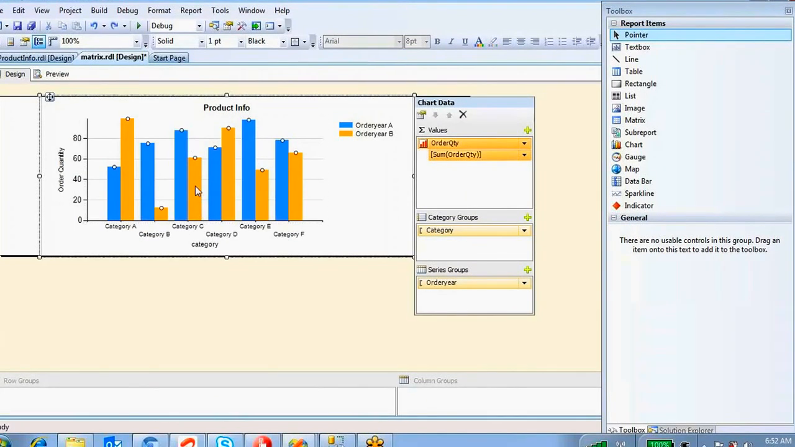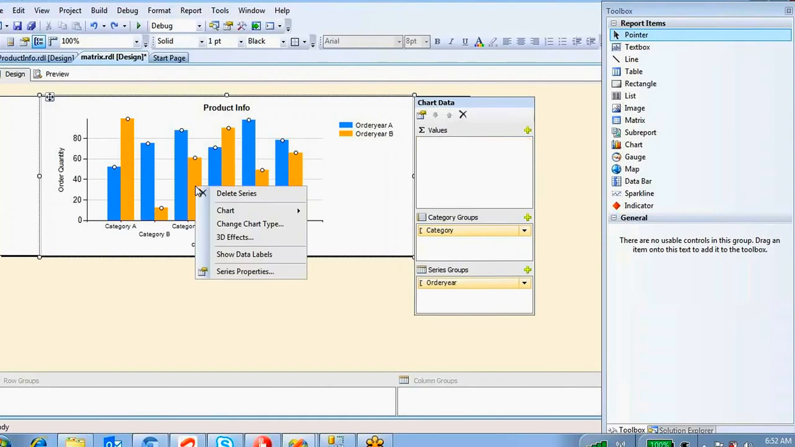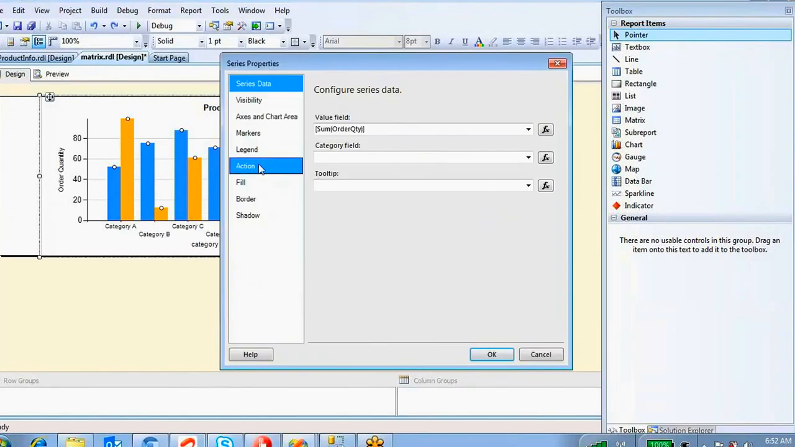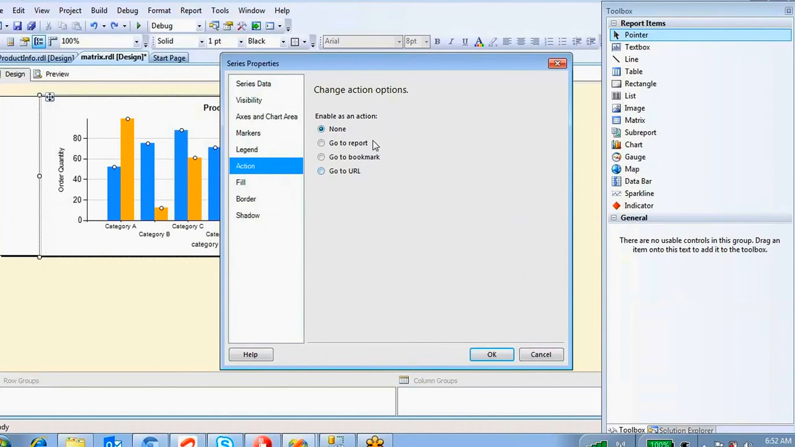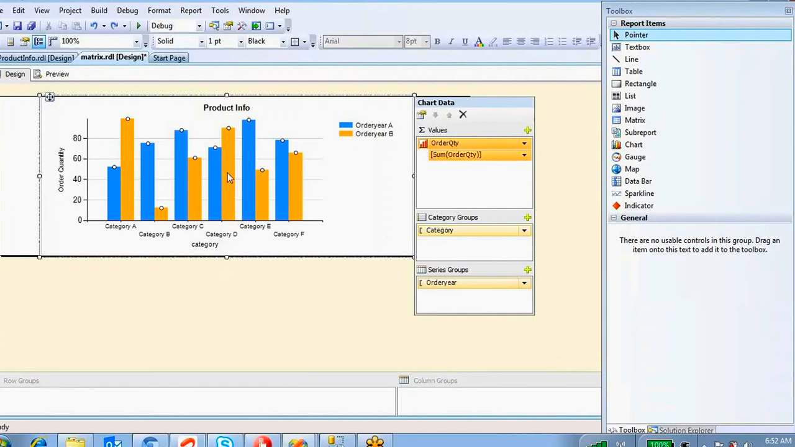And if you want to enable the actions, we have already seen that, right? Actions means hyperlinks, so you are jumping from one report to another report. You just go to the series label properties, series properties, go to actions. Here you can apply go to report, go to bookmark, go to URL. All these kinds of options you can enable here. And one more is